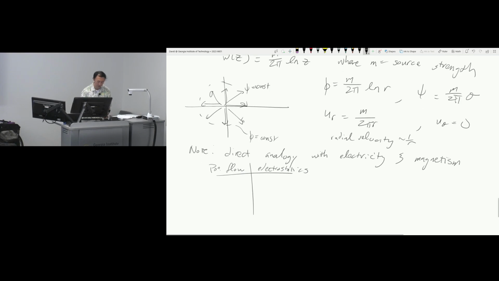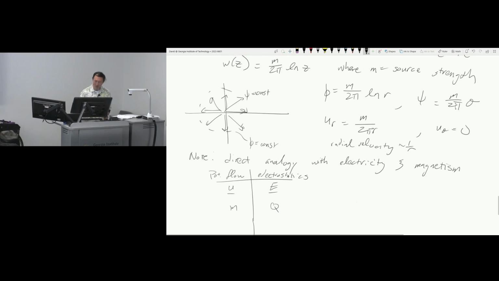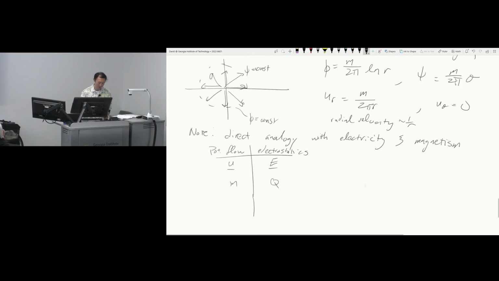We have a couple variables here, so let's talk about what they mean. Here, U is the same thing as electric field. M, which they called the strength of the source, gives you an idea of the flow rate, because if you look at the units of M, it's basically velocity times radius. And in 2D, that's flow rate, velocity times perimeter. So M is the same thing as